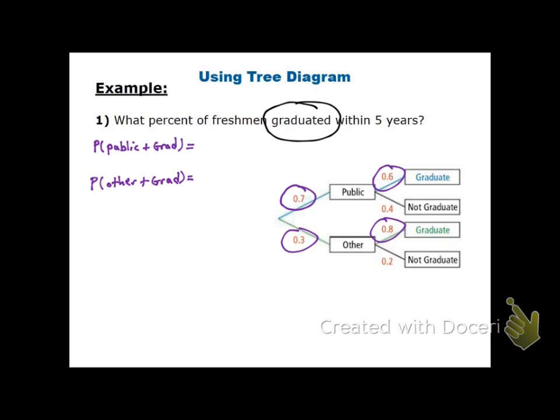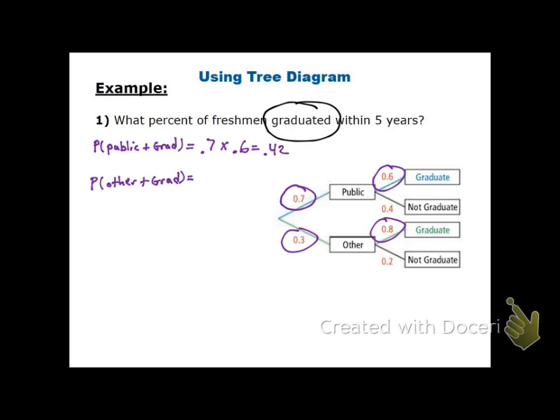So the probability of graduating from a public school, in order to find this, we're going to take the percentage of kids who went to a public school, in this case 0.7, times the percentage of kids who graduated from that public school, so 0.6. So this probability results in